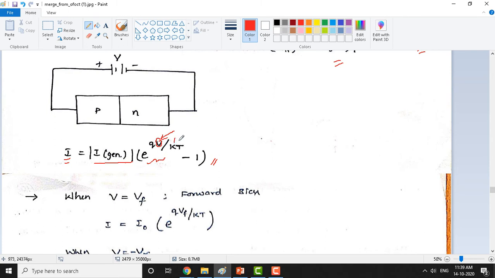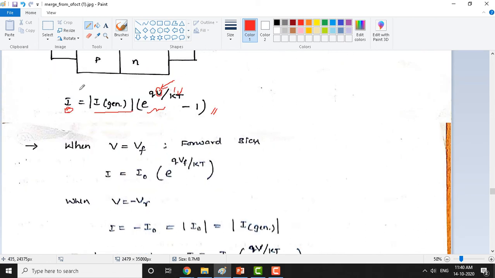K is called the Boltzmann constant, T is the temperature. So when V is positive, exponential current flows. When V is negative, a very, very small current flows, negligibly small. We'll see that analysis in the coming points. This equation is applicable for both forward and reverse bias. Here in the exponent, if you change V to Vf, the equation becomes that for forward bias conditions. When you compare this quantity with 1, this 1 can be neglected. So the simplified equation under forward bias is this.